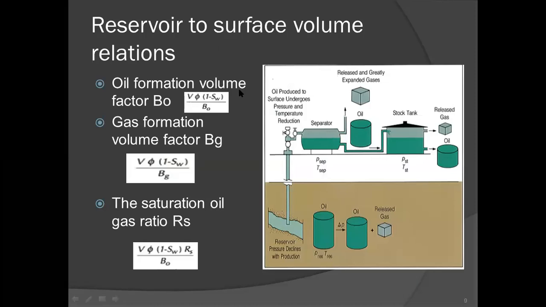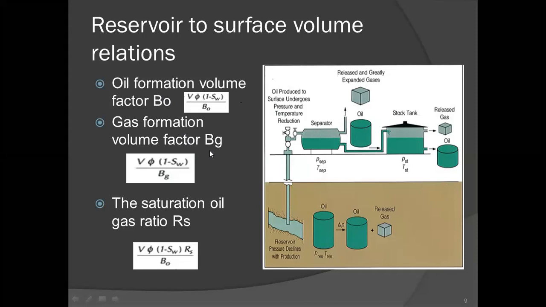My name is Omar Imad, and I'm going to talk about the reservoir to surface volume relations. There are three important parameters that relate the surface volume to the volume of the reservoir, and that helps to determine how much hydrocarbon is in place. The oil formation volume factor is the amount of oil that is needed to produce 1 barrel of stock tank oil at standard conditions, whereas the gas formation volume factor is the amount of gas that is needed to produce 1 cubic